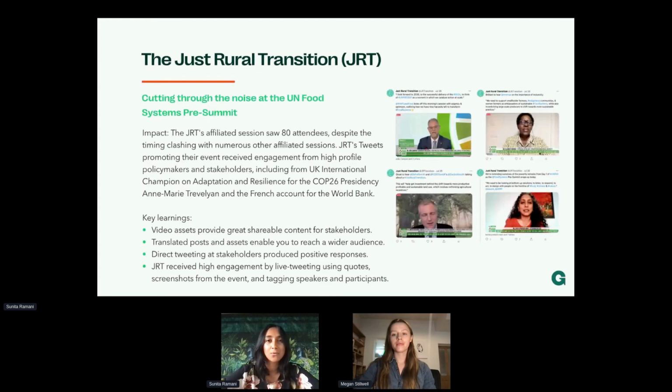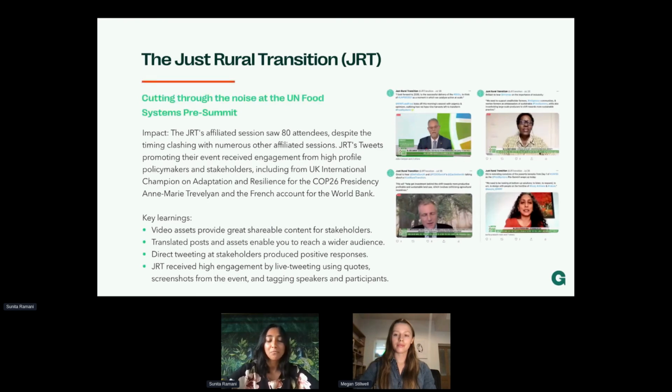It's worth coming back to the fact that the objective for this campaign was very, very different to something like London Climate Action Week. And it was really all about very targeted messaging and trying to reach those high-level decision-making stakeholders involved in the pre-summit and getting them to hear our messages. So it was less about really high numbers and reach figures and all about who the people were that we were actually reaching.